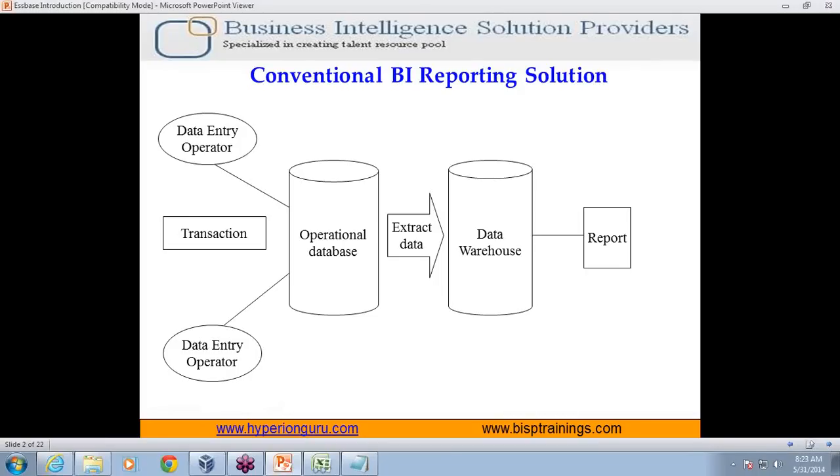Now if you look at this, it's a layered solution. You see the first part says your operational data source. It means data comes from your operational data source. What is an operational data source? Like a common data source, you go to Walmart, when you buy something, the system they use to track the information is called the operational data source. Or when you do your flight ticket booking, the system they use is called the operational data source.